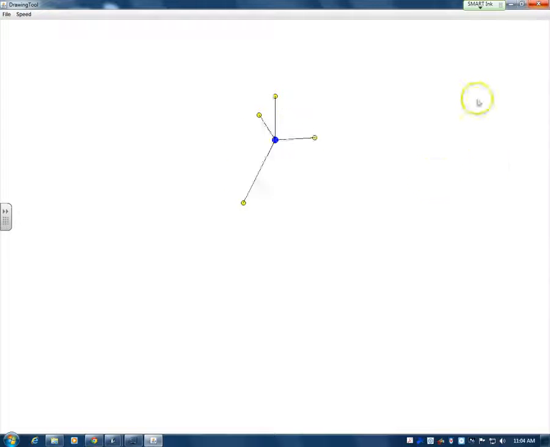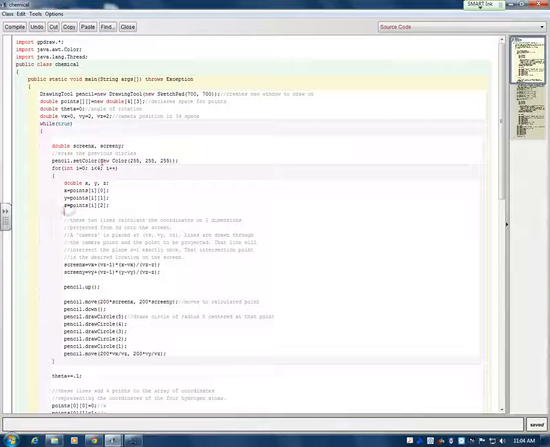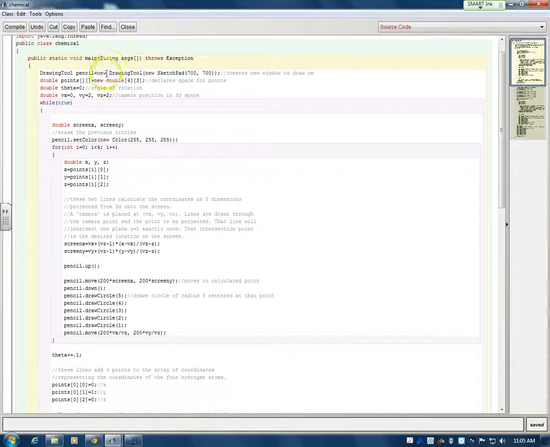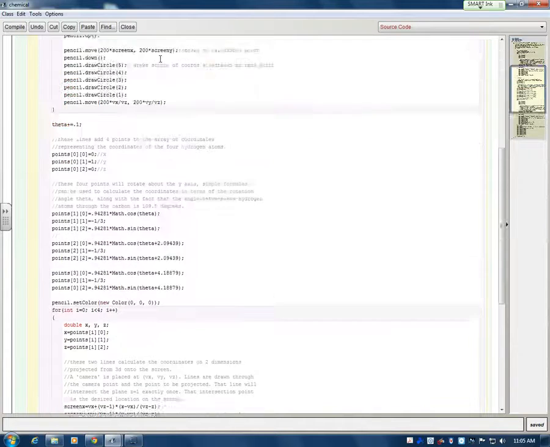So let me explain how it works. I imported GPDraw, which is a file which is provided. It has all the various methods and constructors and other such things that will be needed for this program. One could also do this in an applet or, say, a JFrame, but for this program it is required we use GPDraw. So in main,